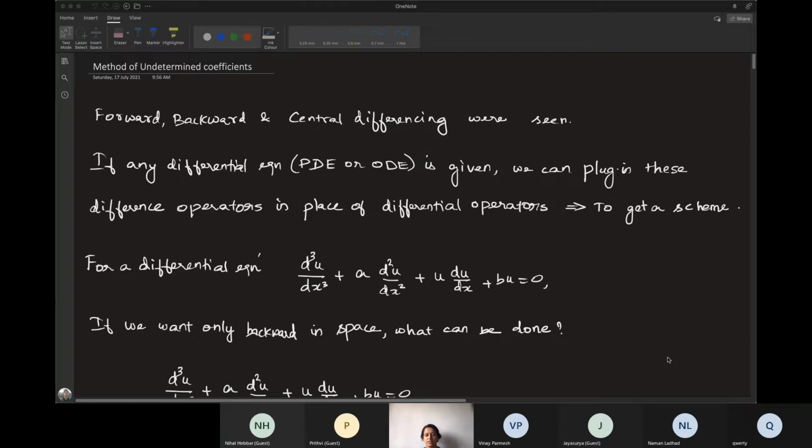Just the basic introduction. In CFD, the basic stuff that we do is first we discretize the domain, then we discretize the equations, then we solve the discretized equation at the discrete points in the domain. And then we see the results. So this is what is actually done in CFD.